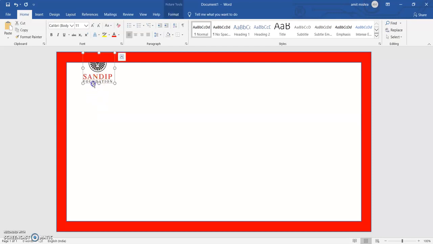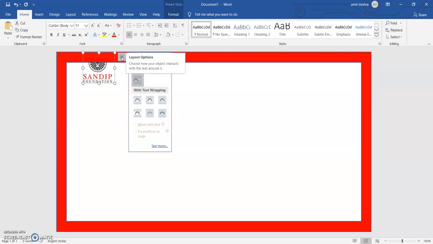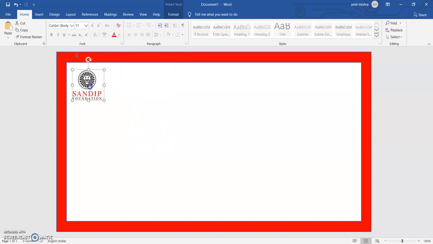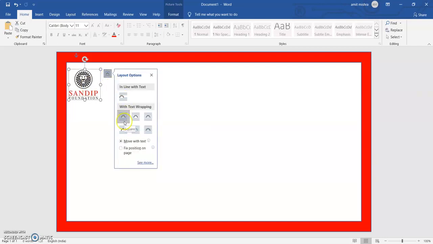Initially it is not allowing me to move it. So what I will do is click on this icon, the layout option, and choose text wrapping. As soon as I do that, I can shift it to any place, wherever I want.